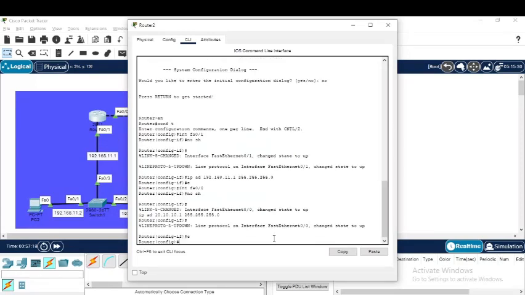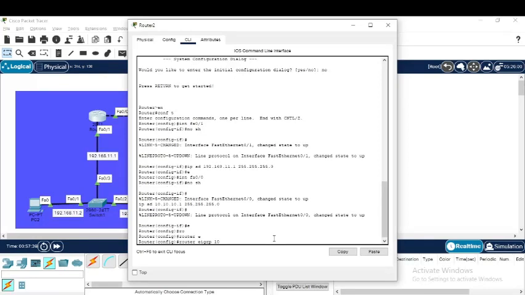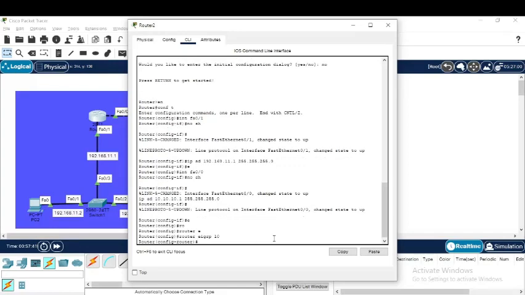I will make the dynamic routing protocol EIGRP. Okay, so as usual, if you don't know how to make an EIGRP configuration, you can watch my previous video. Okay, first, router EIGRP. I want to choose number 10, entering our network